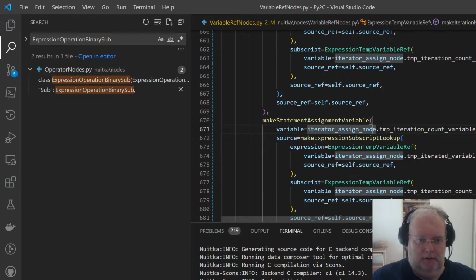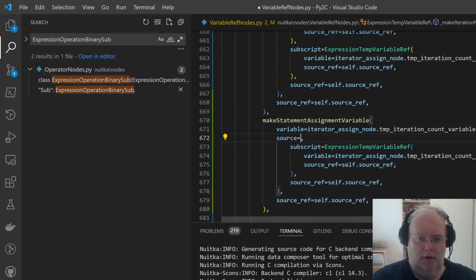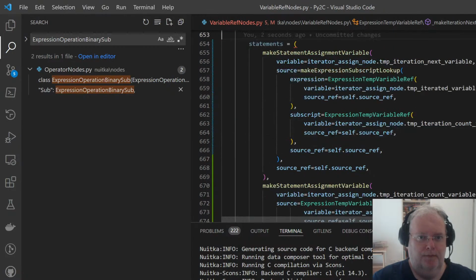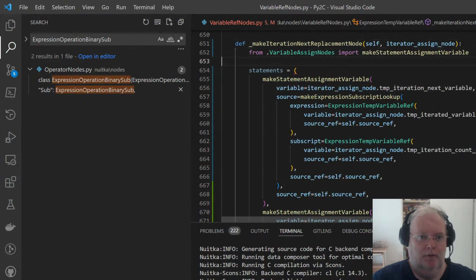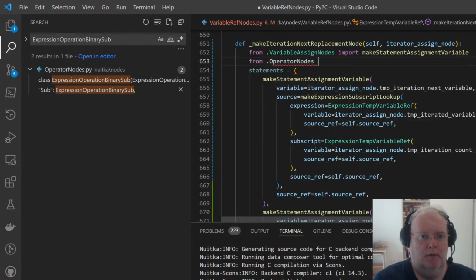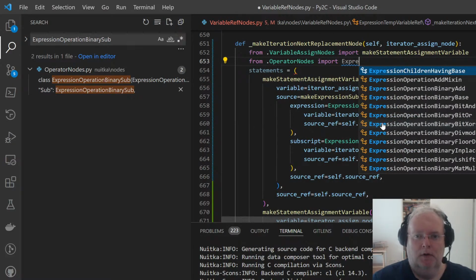But not now. So the source is actually the count variable. But from expression, there is no factory for that.